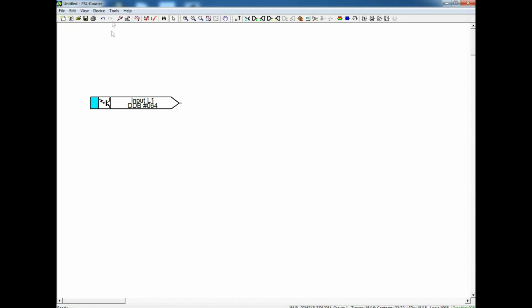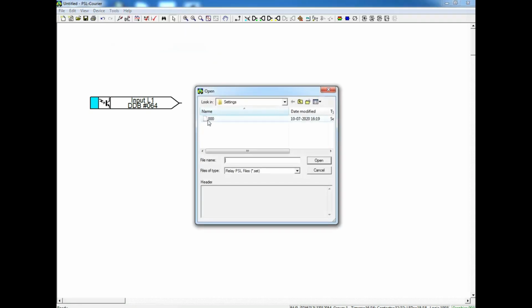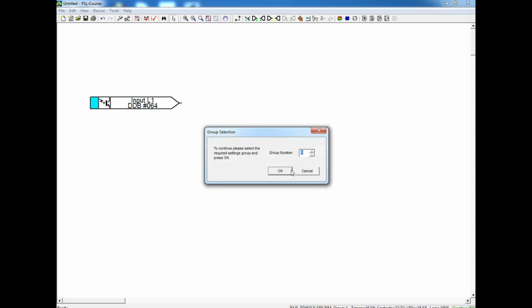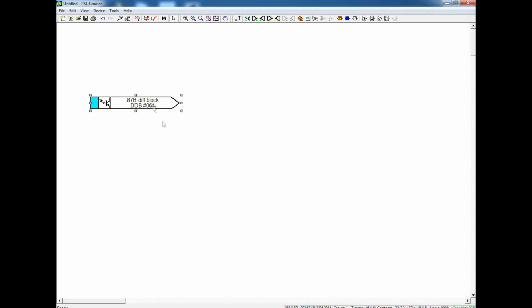So how should I get this naming from the setting sheet? We have to go into the tool and you can see the option extract name from .st file. That means it will extract the label which we made on the setting sheet. When you click that, it will open this open menu. In that you can see the settings file. When you click and open, it will automatically merge in our sheet. You can see here, the input label name has automatically changed.